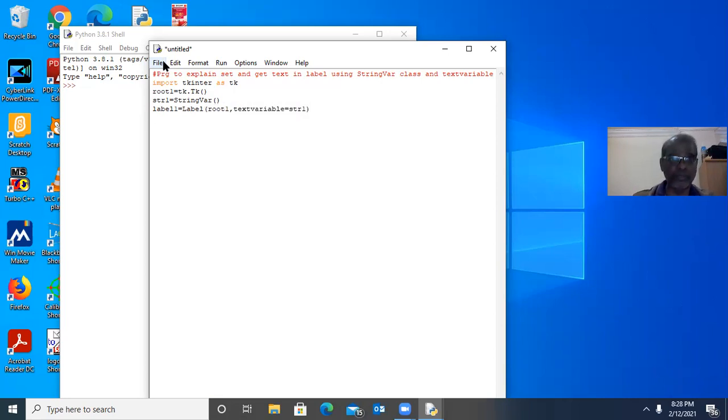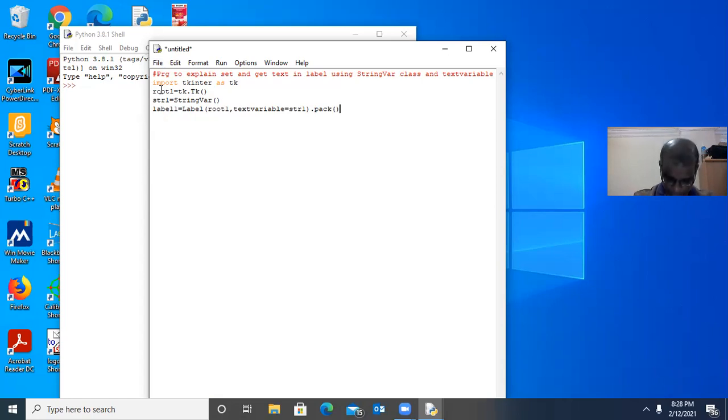Now we would like to pack. Instead of a separate pack statement, we can use .pack here itself. So label1 is created with the top level window, text variable equal to str1. By default, str1 is an empty string that will be stored into text variable. So label1 is packed into root1.